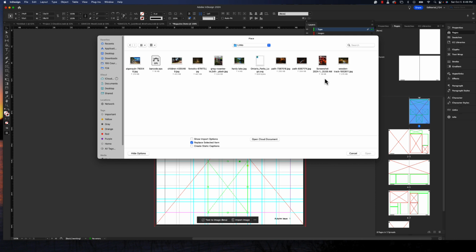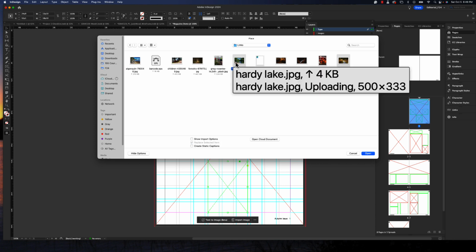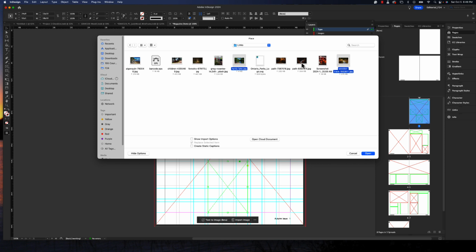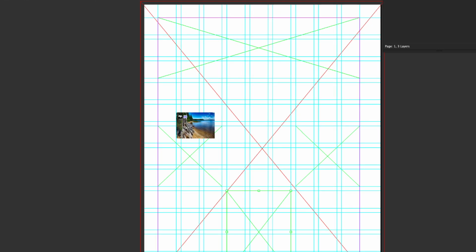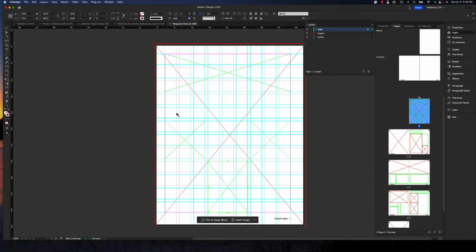I'm going to start actually with my first image, and then I'm going to drop in my next image. I'm not sure if this is actually the order that it will load in, so we're just going to drop them in, and I'm going to open them, and they'll take a minute. And you can see that I have 8 loaded onto my cursor. It's got a little 8 on there, so I'm going to zoom that back out here,